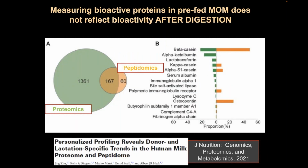Another example of the bioactivity in milk, and how it's so easily underestimated or underappreciated by simply measuring pre-fed milk, is the study shown here. One of the things that was so fascinating is that the investigators used proteomics to measure the bioactive proteins, which are in green, in the pre-fed mother's own milk, and then digested the milk and measured the peptides that were released as a function of the digestion. This was called the peptidomic part of the study, and they found an additional set of 60 peptides that were not in the initial proteome that was in